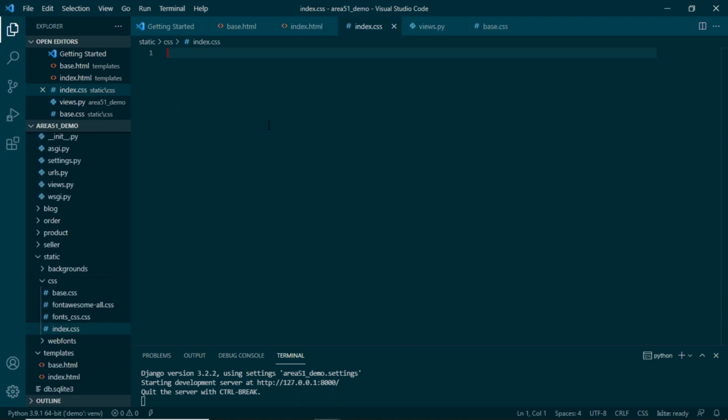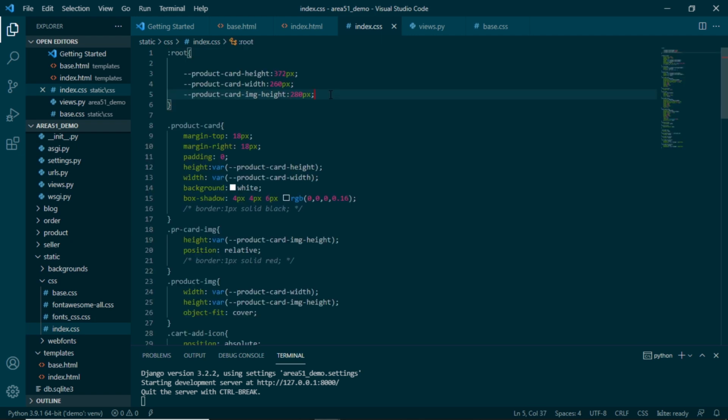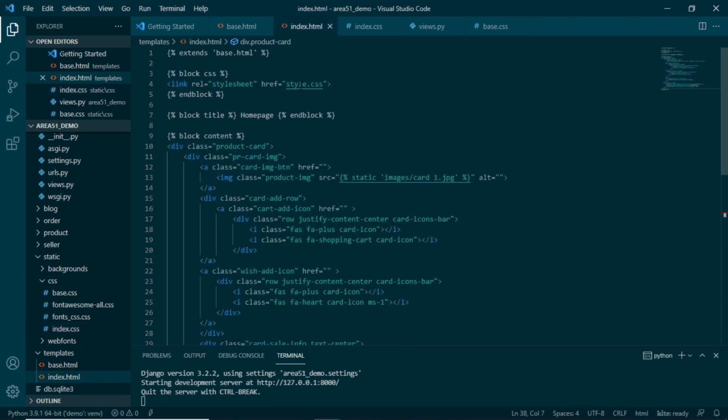Now we can start making our product card. I will again use the same technique where I have used the HTML and CSS already, and I will explain you the process using which we can make it. So I will skip forward now. Here I have added the CSS and HTML into our index.html, that we will see in the browser.